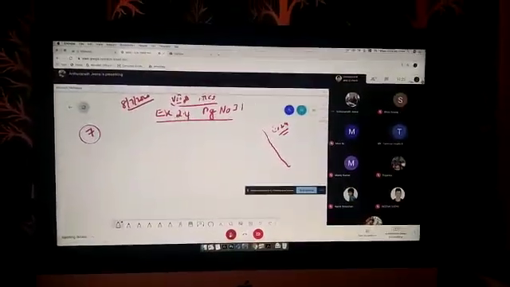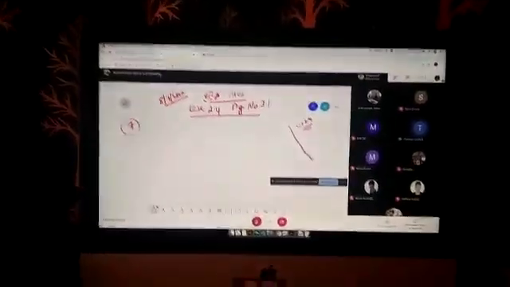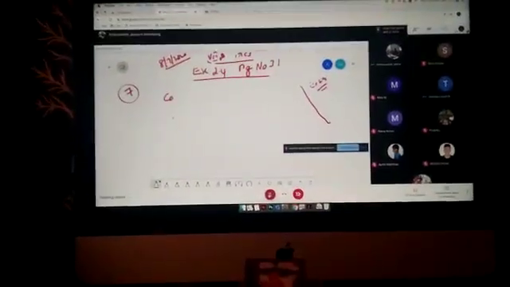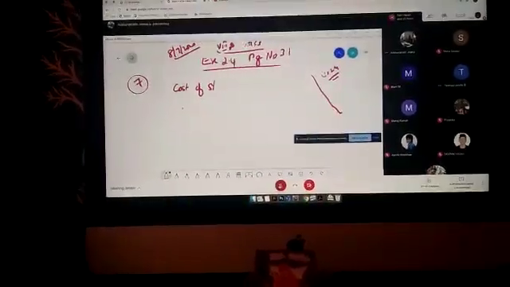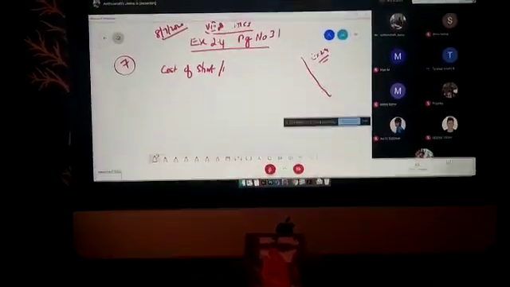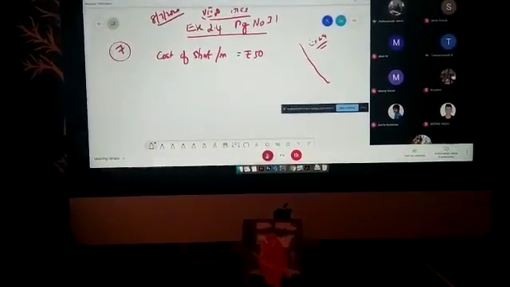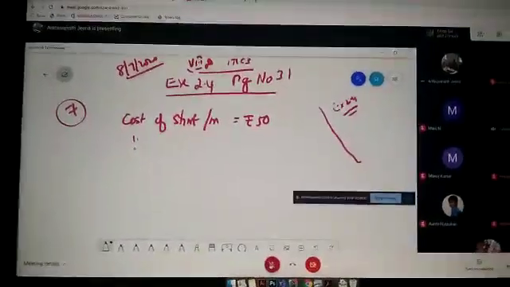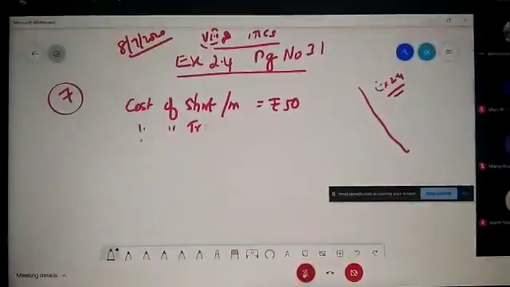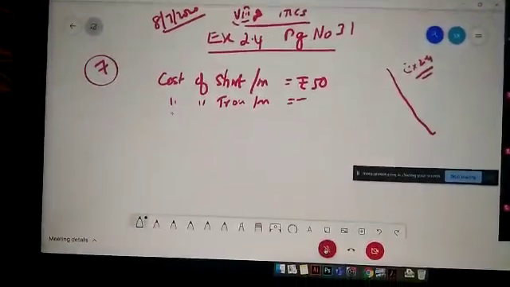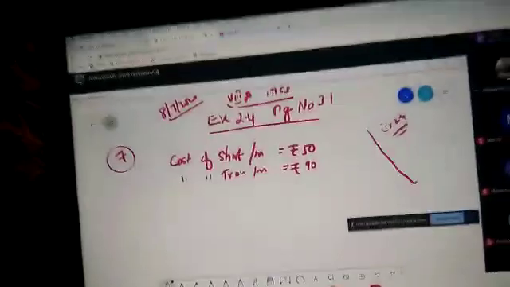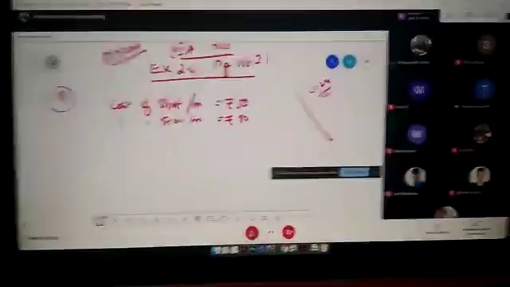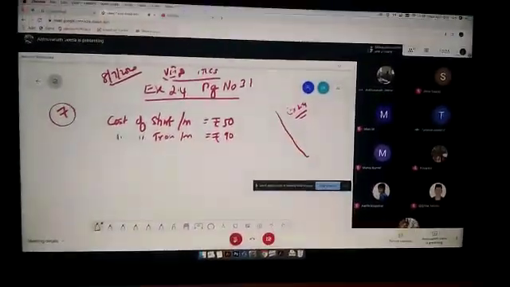Materials for the school uniform: shirt material that cost him rupees 50 per meter. Wait, one minute. Cost of shirt per meter is rupees 50, that is the first line. Second line: trouser material that cost him rupees 90 per meter. So trouser per meter is 90 rupees, okay? Correct. For every 3 meters of shirt material, he buys 2 meters of the trouser material.